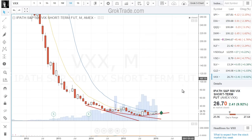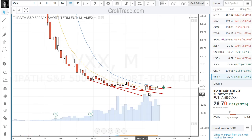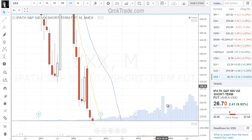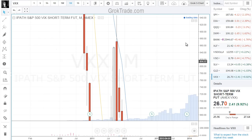Here's the VIX. I'm going to show you the monthly chart on the VIX. This is the fear indicator. It's rolling over. See the cupping formation? Now we're heading up, and I said watch for it to pop. For the month, it's already starting to roll. First time it's been over the 20-month moving average in a long time, and we're right there at it. I mean, it's just been forever. When's the last time we've been over that